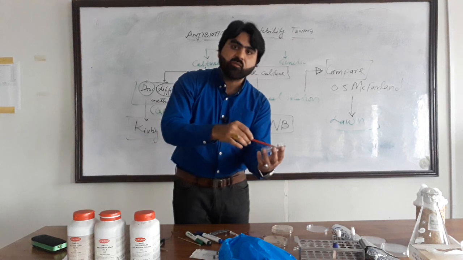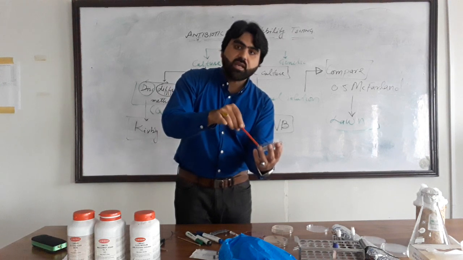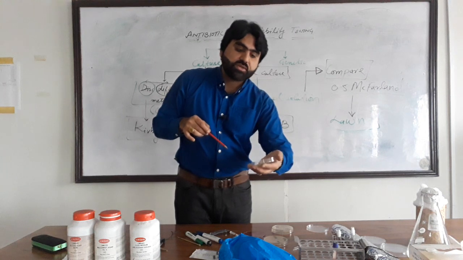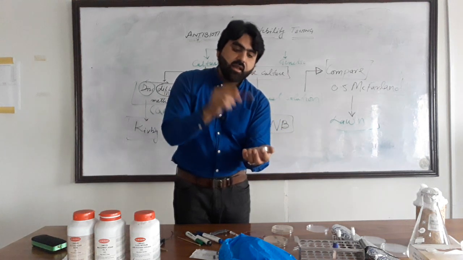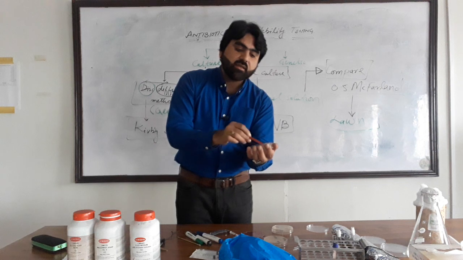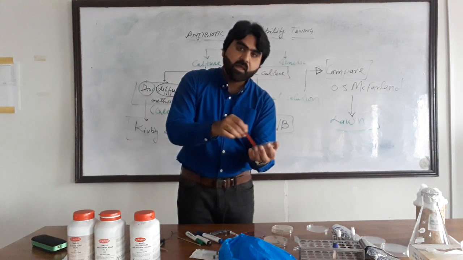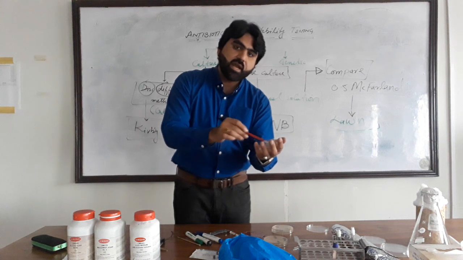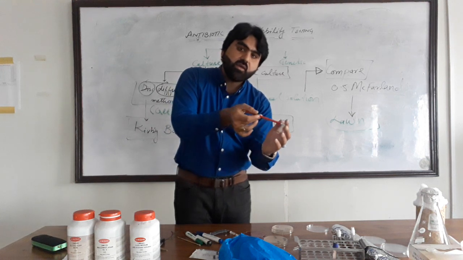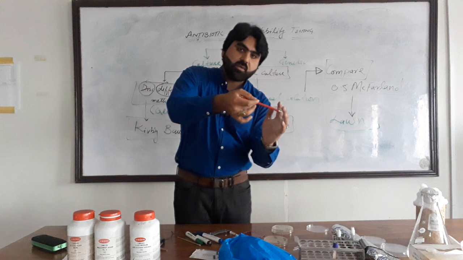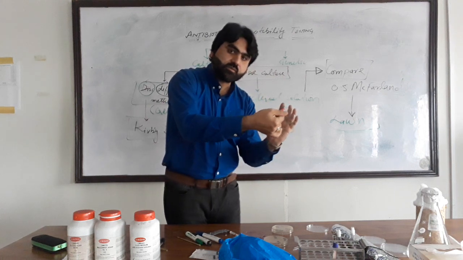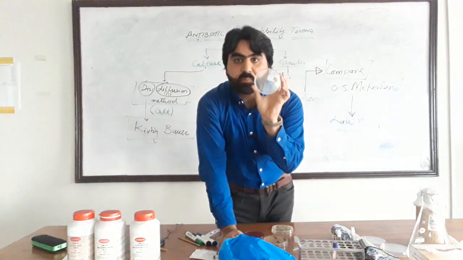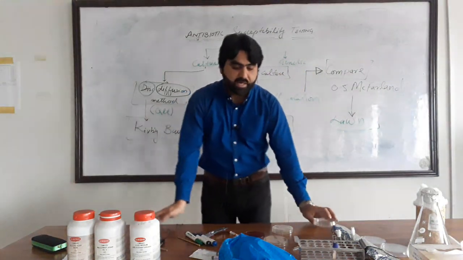Mueller-Hinton agar. After inoculating in one direction, we will rotate the plate at a 60-degree angle. Again we will inoculate the whole plate at this angle, then we will further rotate by 60 degrees and inoculate the surface of the plate. Finally, we will homogenize the margin of the plate in a circular direction. So, the lawn will be prepared on the surface of a Mueller-Hinton agar.